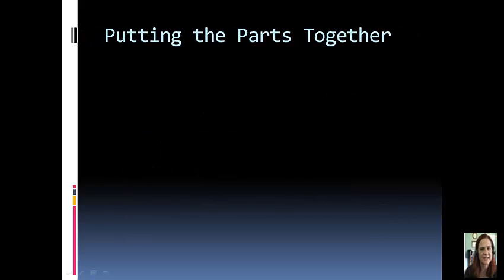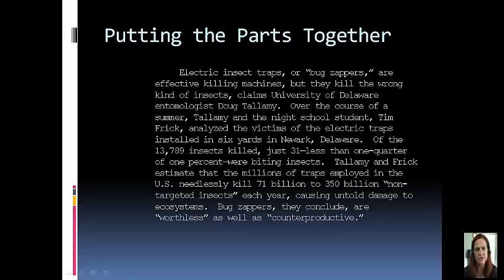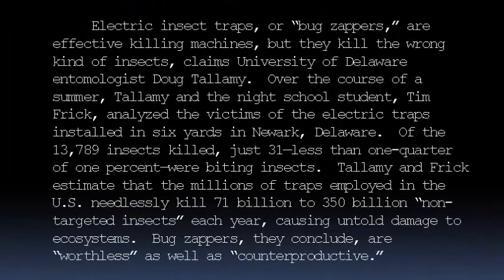Okay, so let's look at an example as we put it all together. I'll read it to you, follow along. Electric insect traps, or bug zappers, are effective killing machines, but they kill the wrong kinds of insects, claimed University of Delaware entomologist Doug Tallamy. Over the course of the summer, Tallamy and night school student Tim Frick analyzed the victims of the electric traps installed in 6 yards in Newark, Delaware. Of the